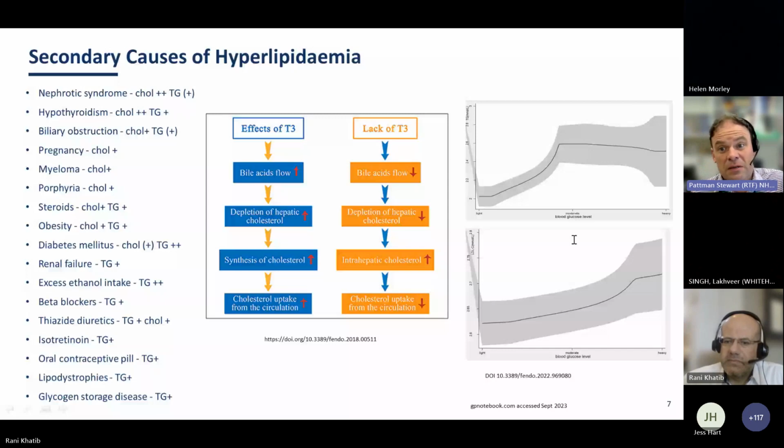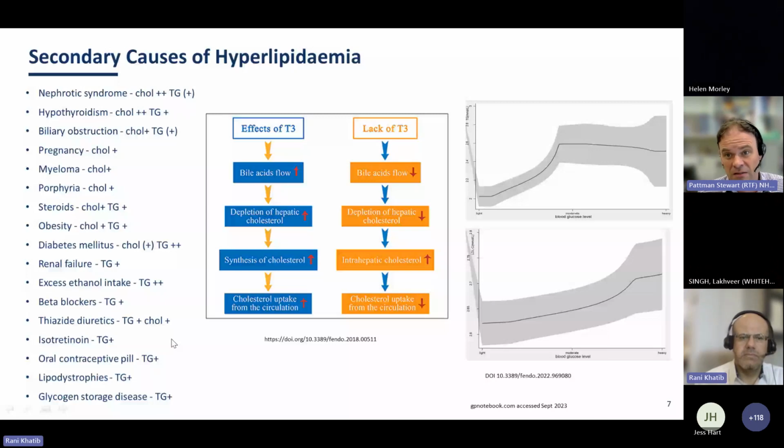I guess in someone who may have cardiovascular disease, you don't want to give them, obviously, too much thyroxine. But I wouldn't be holding back the statin. I would be going for atorvastatin 80 milligrams, and at the same time I would be asking, do we need to titrate up your thyroxine? Also telling the patient, as you would with any patient initiating statins, if you get side effects, and obviously these are things to be aware of,